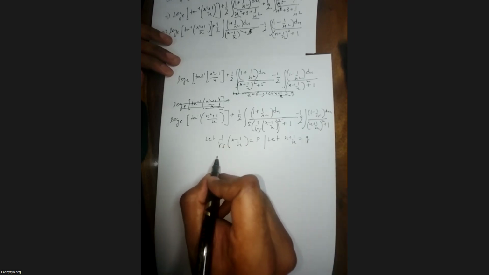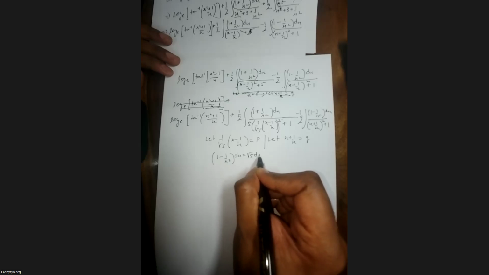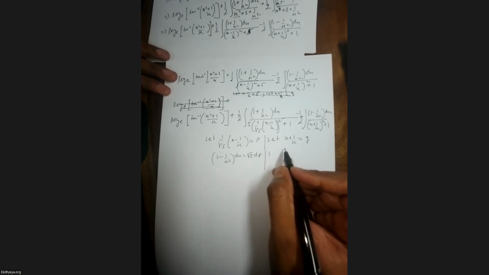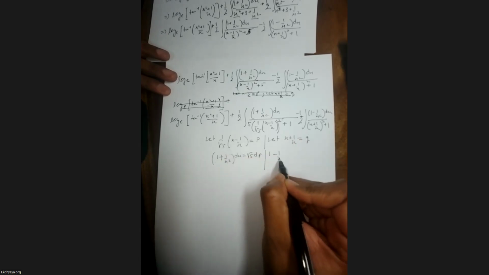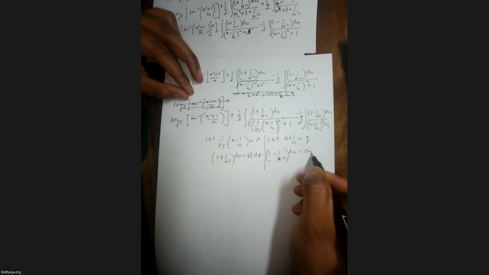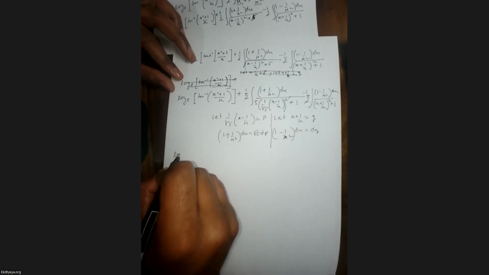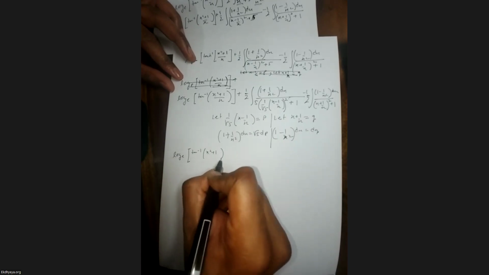So (1 minus 1/x²) dx actually becomes √5 dp, and this, 1 plus 1/x², this is 1 minus 1/x², actually becomes dq. So your expression now changes like this: log e tan inverse (x² plus 1)/x